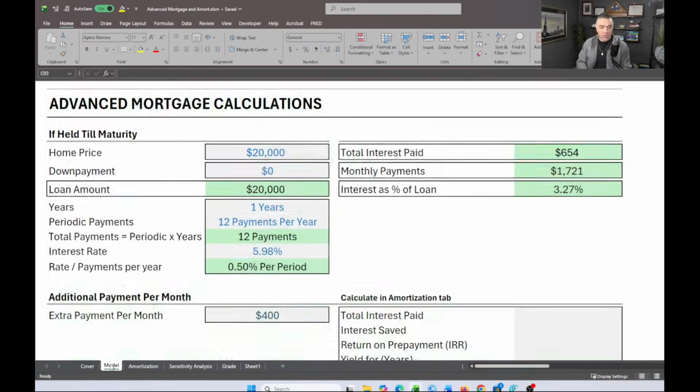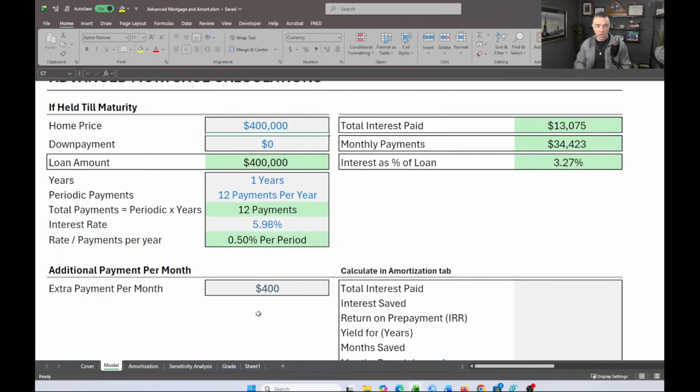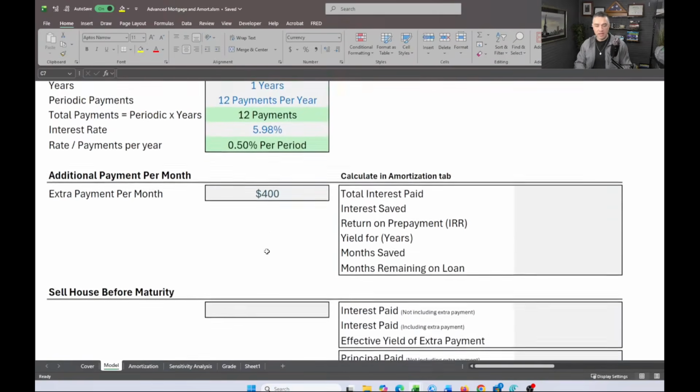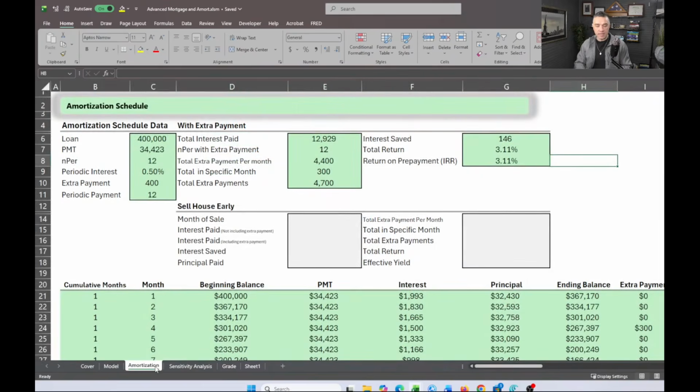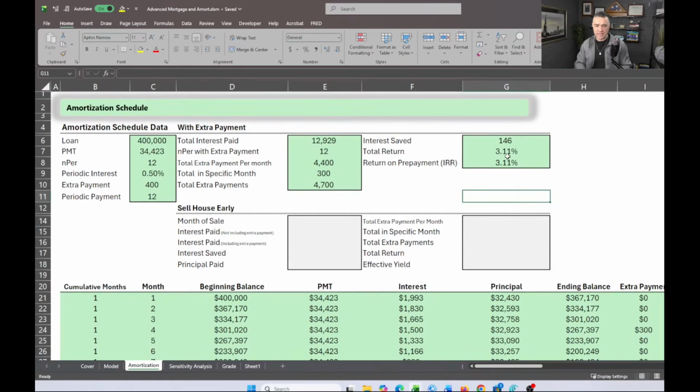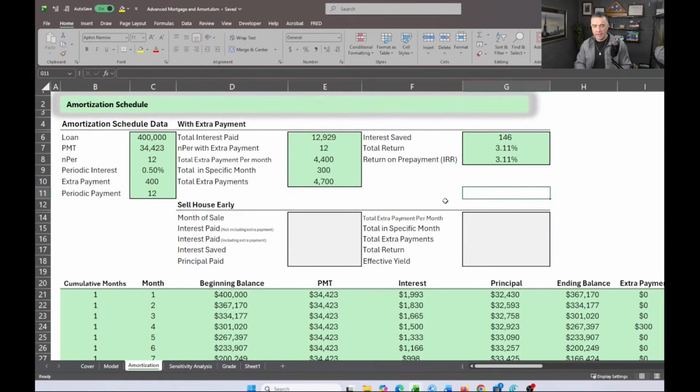Now, if we go back to our model, let's do a real house. We'll say 400,000. And then we're going to put $400 per month. And now we can see how much of a return we got. That's very unique that it's the same percentage there, but